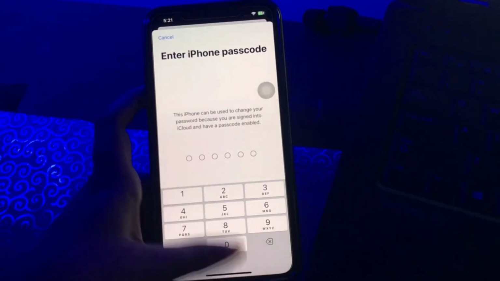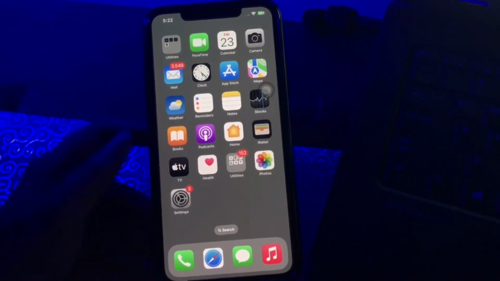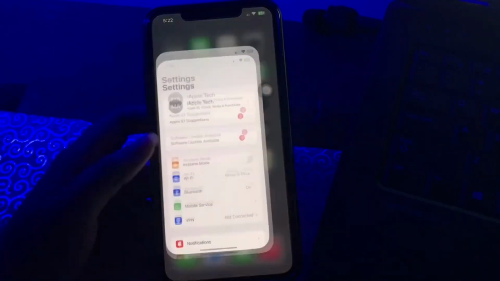And the next step is to check the billing address and payment methods. When the billing address and the payment methods are incorrect for your Apple ID, it tends to throw such errors on any iPhone. Therefore, try checking your billing address and payment methods and changing them if they are not correct. For this, open the Settings app first for checking the billing address and payment methods.